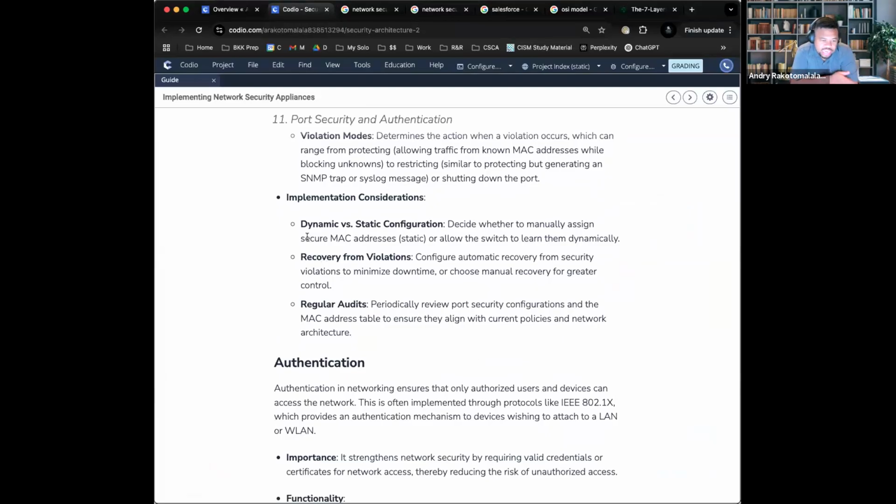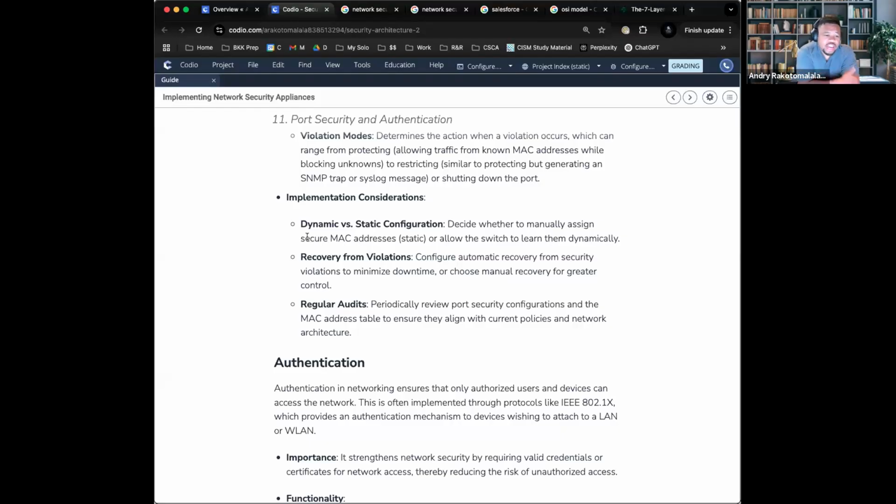So these are some considerations. There's something called dynamic and static configuration. This means that you can manually assign a MAC address, so that's called static, and then you would have to update that on all the switches. But then there's also the dynamic version, which means the switch learns the MAC addresses accordingly.